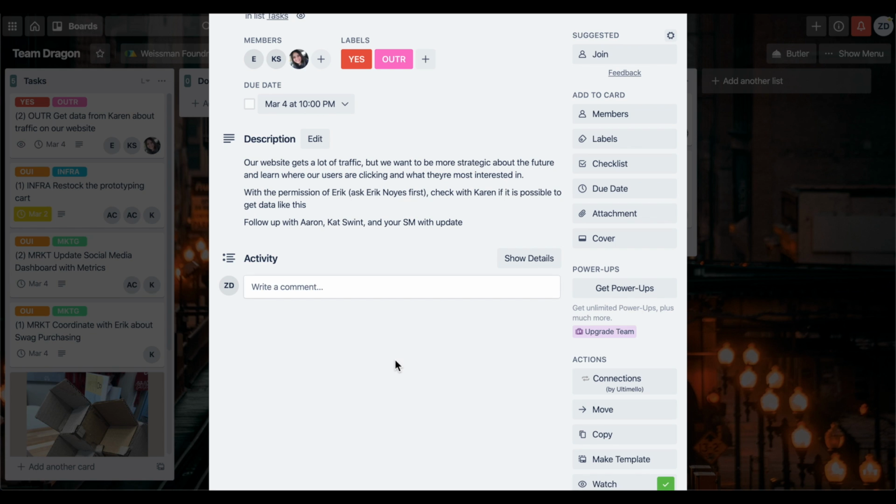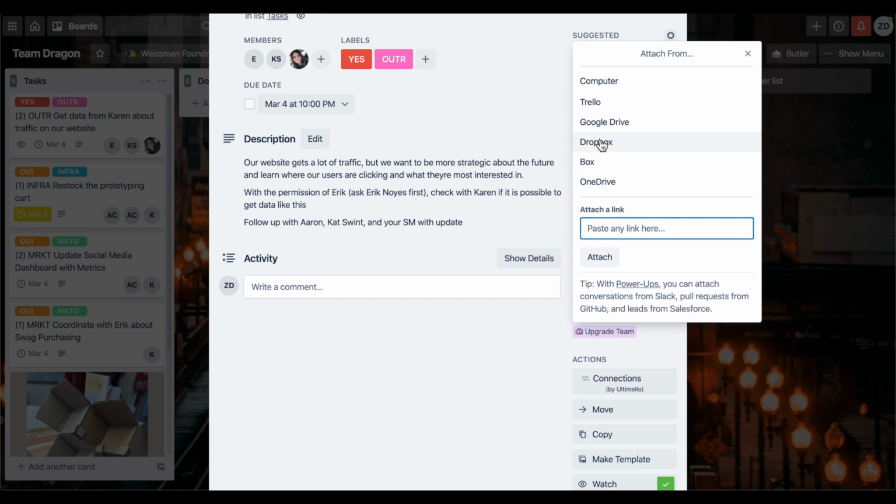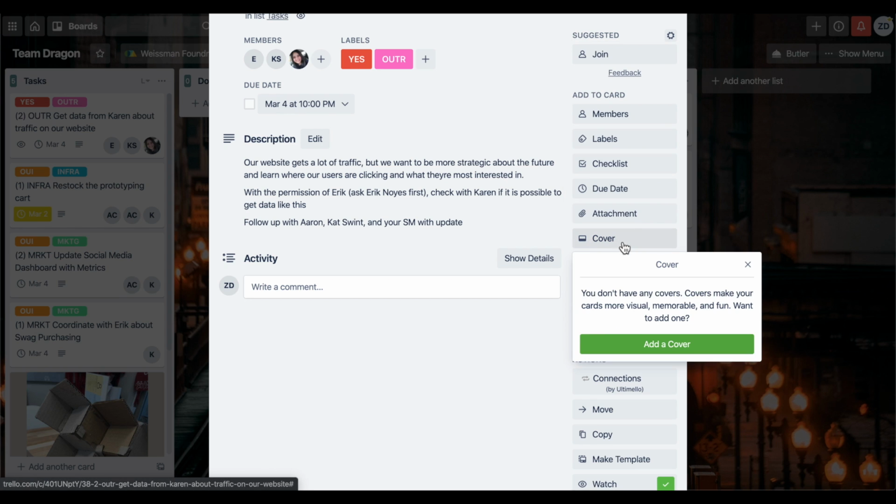You'll also see over here that we can add attachments or cover images to the card if there's anything else that needs to be conveyed about the task. So I can link to Google Drive or Dropbox or whatever. I can upload files straight from my computer. Similar with the cover image, it just